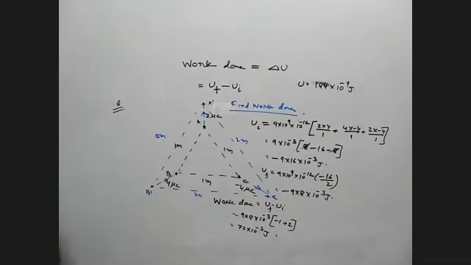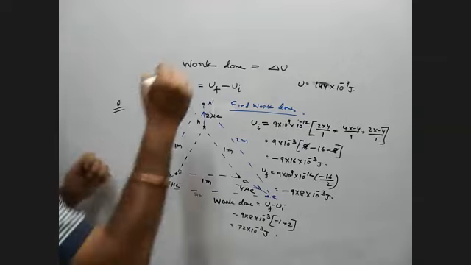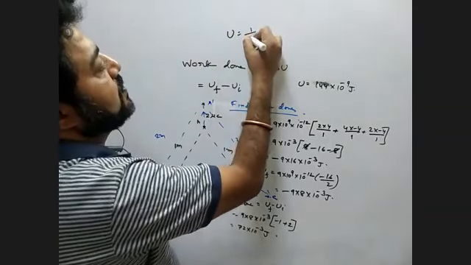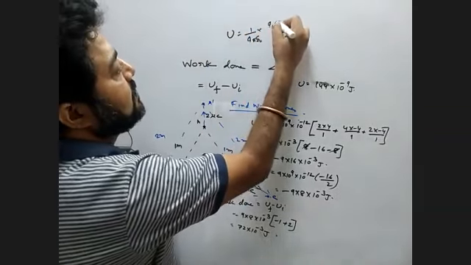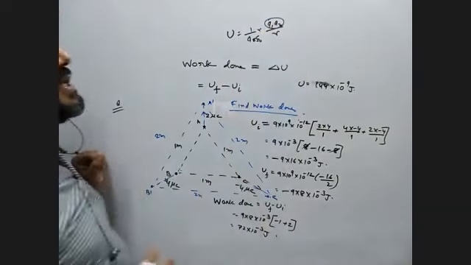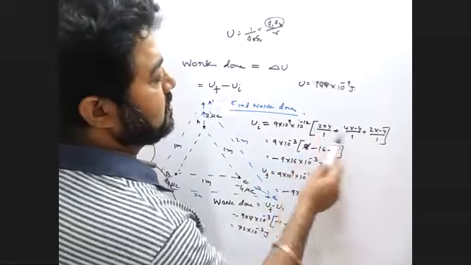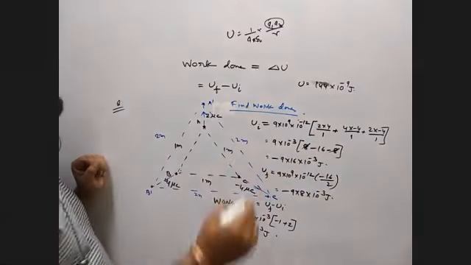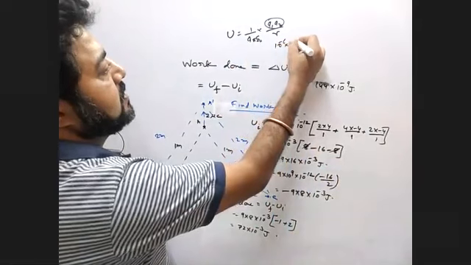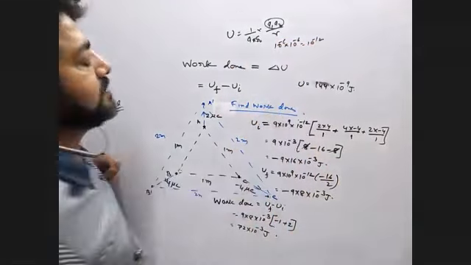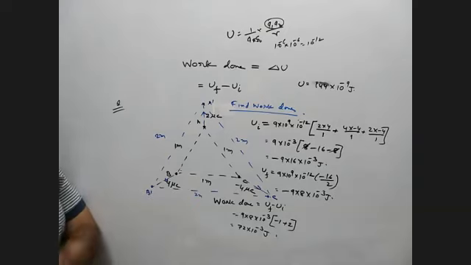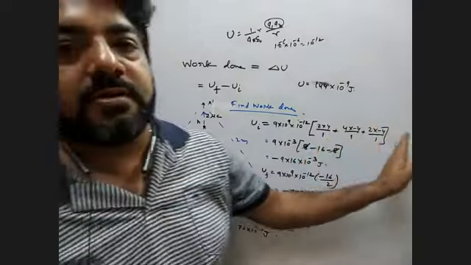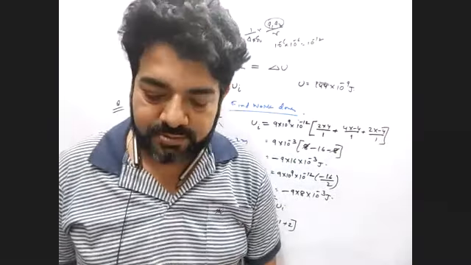Yes, sir. Sir, there are 3 microcoulombs, so won't it be 10 to the power minus 18? Why would it be? What is the formula for the charge? The potential energy formula is 1 by 4 pi epsilon naught q1 q2 by r square. So you are basically multiplying two charges. So minus 6 into minus 6 is how much? Minus 12, right? Okay. The rest is for addition. Yes, sir. Addition and multiplication are not the same, right?